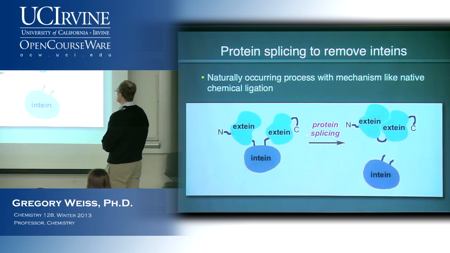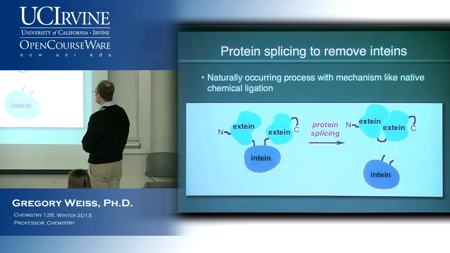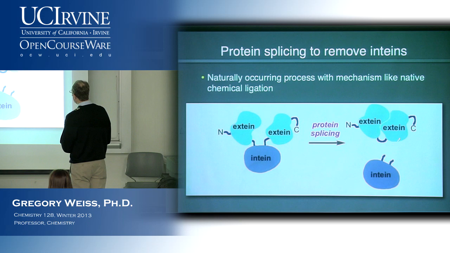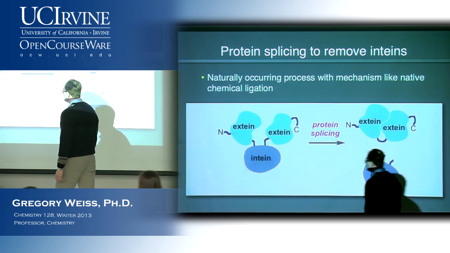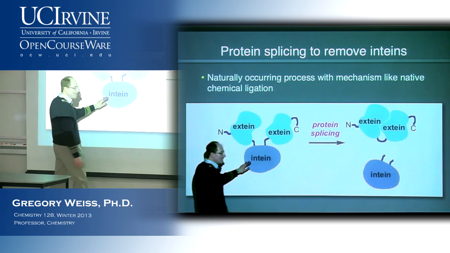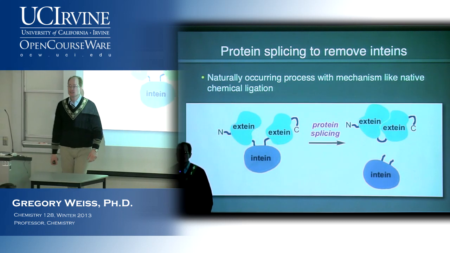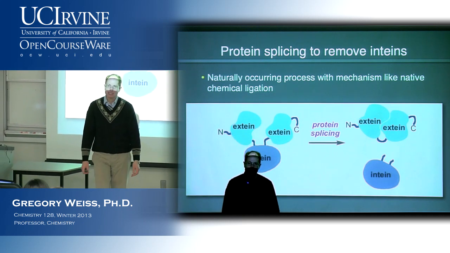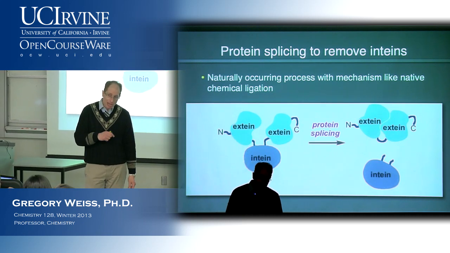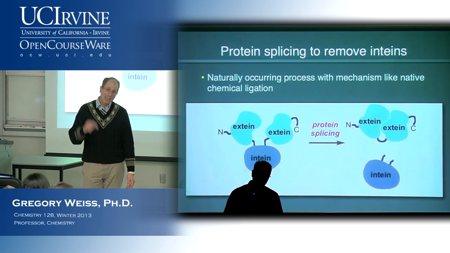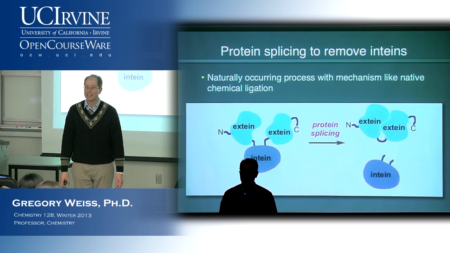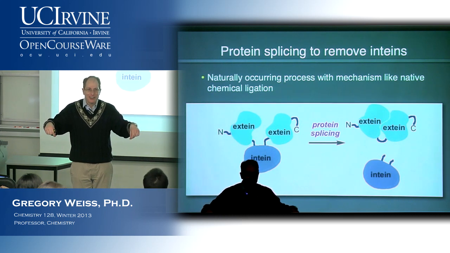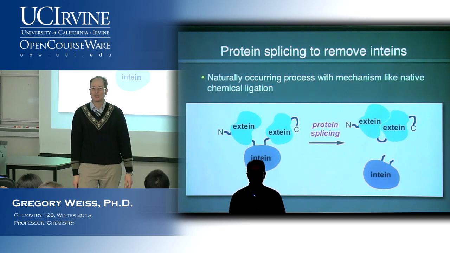And by a mechanism that I'll show on the next slide called protein splicing, an intermediate between two exteins is cut out, is actually physically removed. This is analogous to the introns of the messenger RNA. Right? We talked about splicing a messenger RNA. Here we're seeing something analogous to this, but instead of having the RNA backbone, this has the protein backbone. And again, this also is something that happens spontaneously on its own. You synthesize this thing, you put it in water, and before you know it, the intein has dropped out.